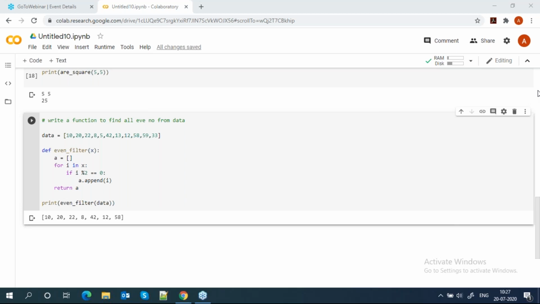Sir, instead of using that logic, is there any particular function for calculating even numbers, like area of circle? No. This is completely custom, writing logic, if I modulus 2 is equal to 0. But can we directly access it using a particular function?